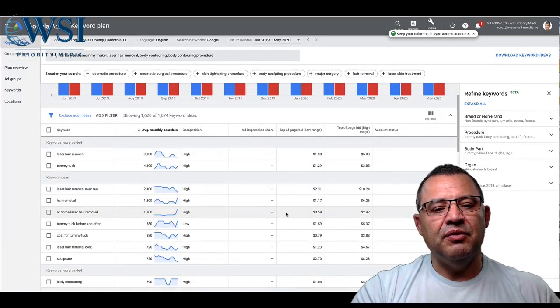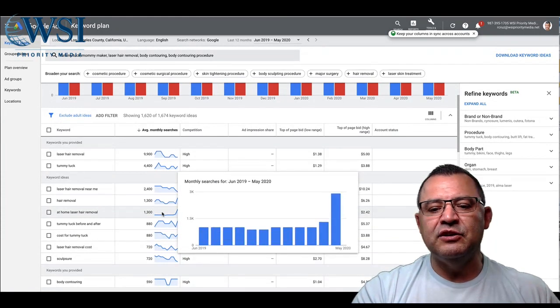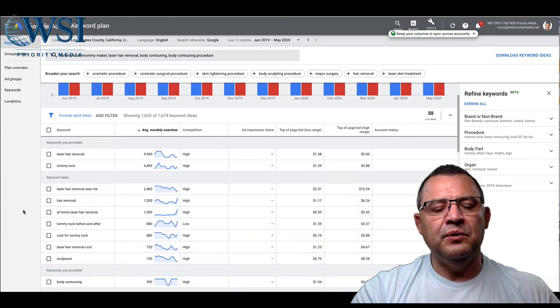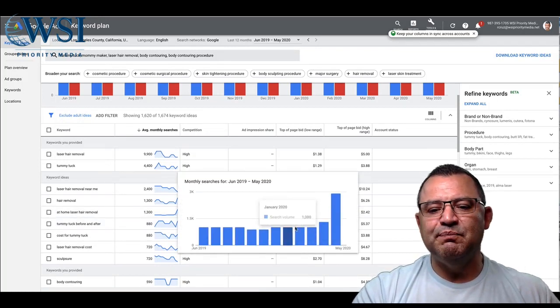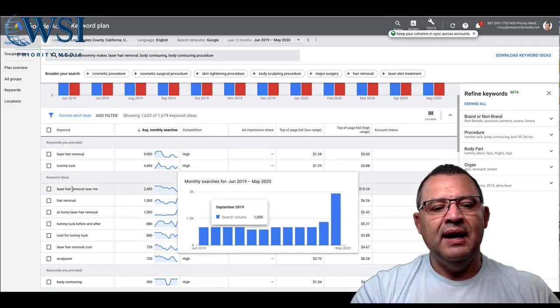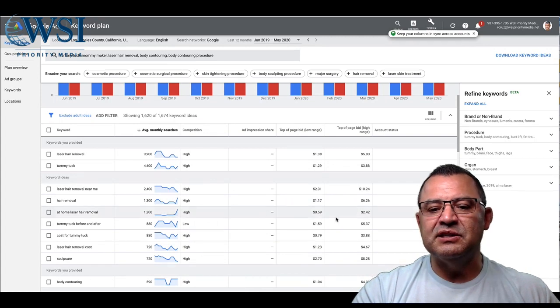So laser hair removal at home. Do I want to include that or throw it out? I want to include that because there's some people that may decide, hey, they want to really look at home, but then they decide that they would like to be able to go to a professional and have them do it for them. And I see there's some real spikes all of a sudden. This last month, it has absolutely grown. That's wicked. And the cost per click is pretty darn good. The amount of traffic is pretty decent.